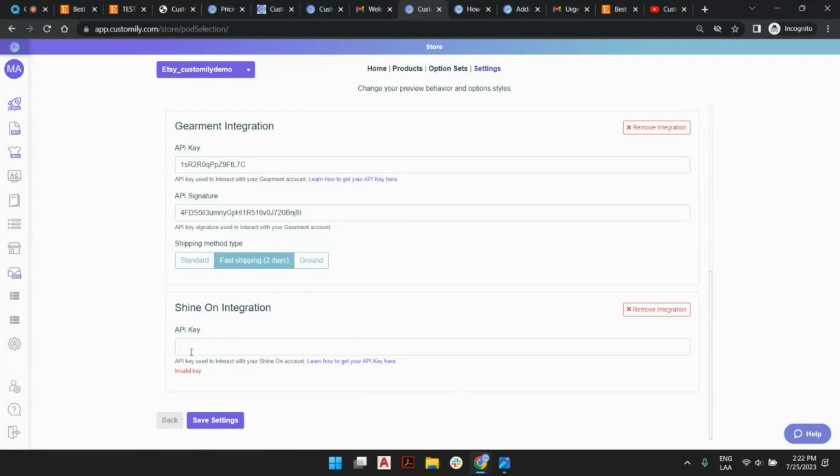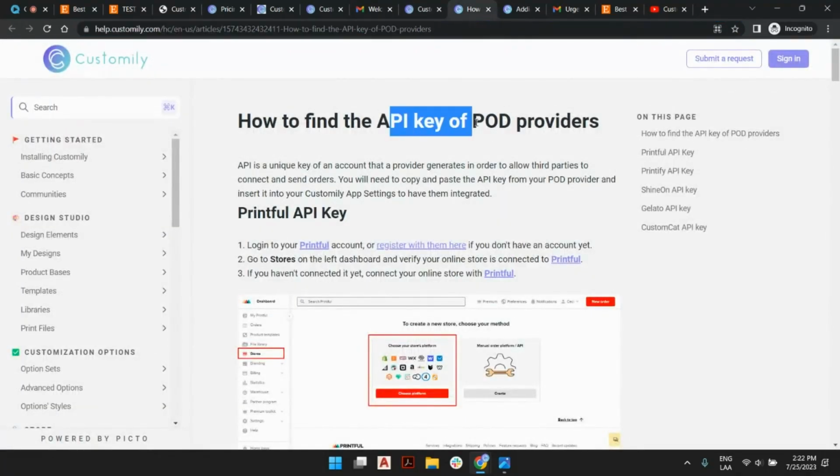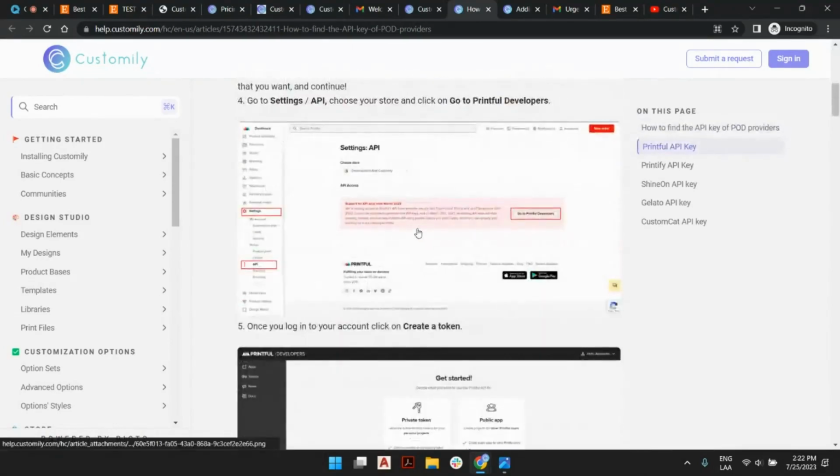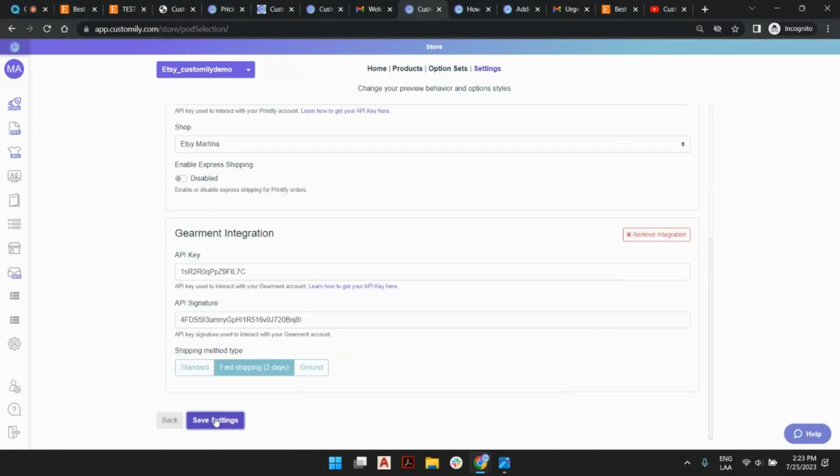This field is ready for you to put the API key. Where is the API key? Well, you can click on this link and it will open our Help Center article about where to find the API keys of POD providers. This is very handy because here you will find them all and you can easily pick them up and copy them, put them back here, and very important, save the settings so it will turn green